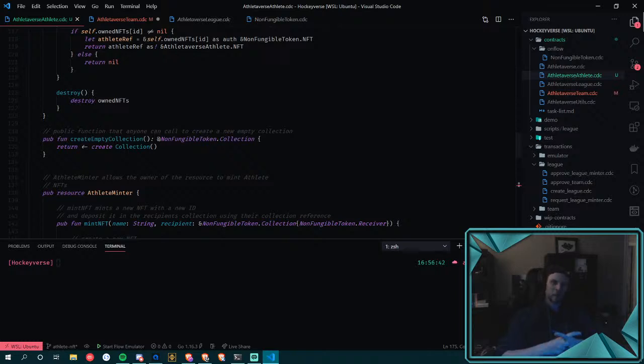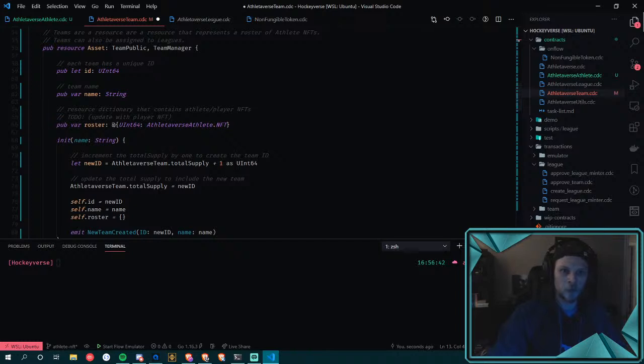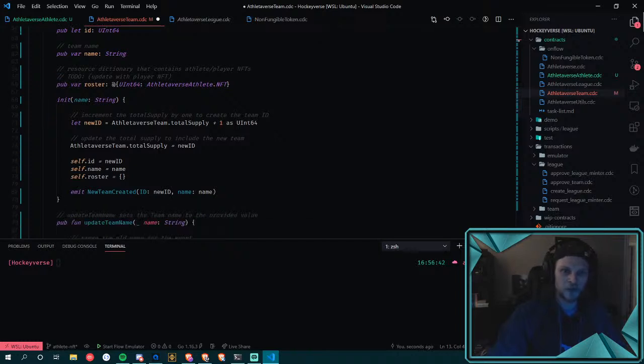So anyway, getting back to the actual stream today, we'll probably look at the Athletaverse team, the methods in here, and just change them over to work with the new NFT that we have instead of the capabilities. Unfortunately, I don't think I'm going to have enough time today. We're looking at about another 20 minutes, so I'll probably just motor through here, clean this up, get it into a good place, and then